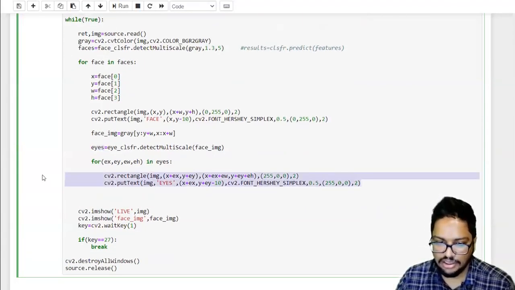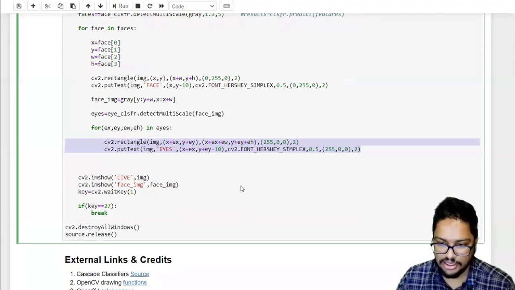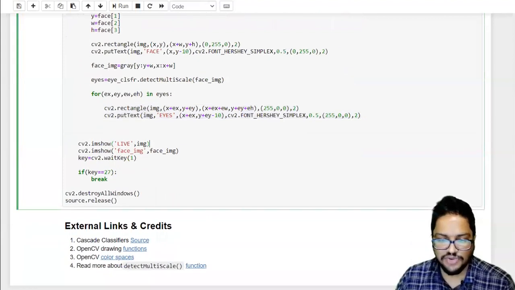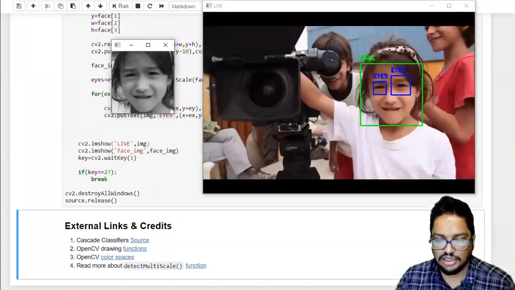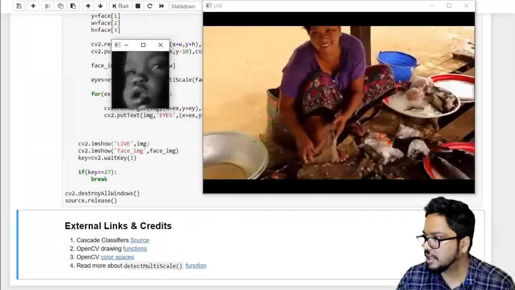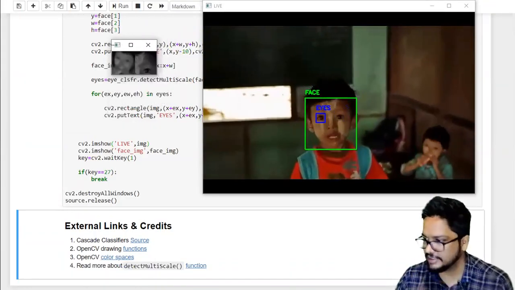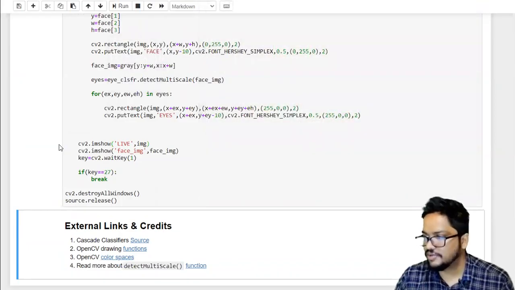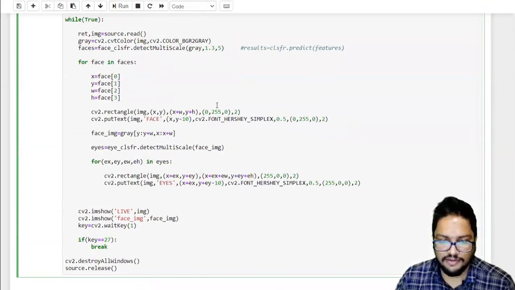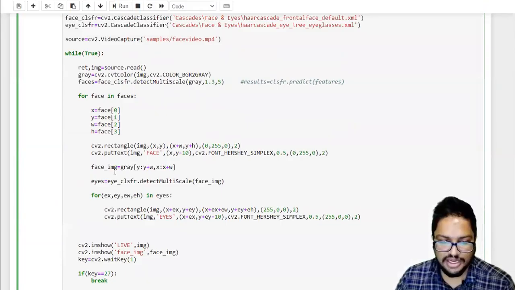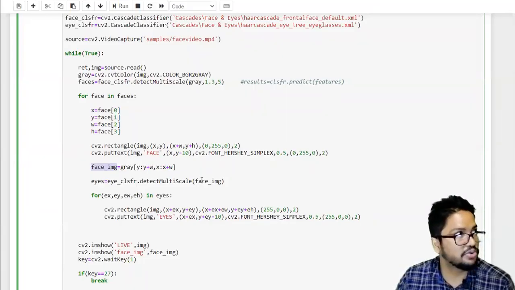Similarly, detect and draw rectangles and label them as eyes, right? Got it? So this is what you are going to see now. So both face and eyes are detected, right? One important thing that we know is that eyes will definitely be inside the face, right? Definitely inside the face. So that's why we apply this face into the